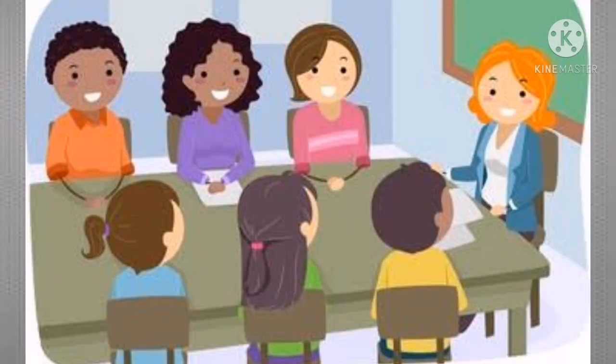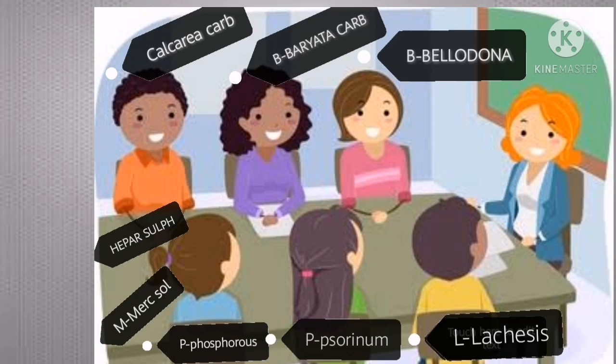If you are in the OPD, 6 to 8 patients may come to your OPD with tonsillitis. A single remedy cannot be suitable for all 6 to 8 patients with tonsillitis. A different similimum remedy should be indicated for each one's tonsillitis. For this, I have made a simple mnemonic to remember a certain group of remedies to cure tonsillitis. Just remember the words B, B, C and H, M, P, P and L.